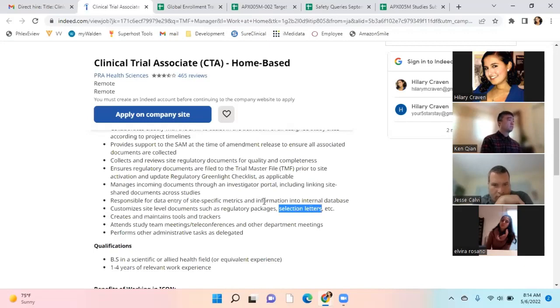So basically that's part of what a CTA's role is, to help organize enrollment trackers, maintain tools and trackers. And part of it is collecting data from the site, right? So what I did in that case is I just got all these emails back, and I created a big Excel where I said, okay, this PI thinks he can do this much. And then we look at what's our total, right? Because you're trying to enroll a certain amount of patients. So let's say you have 160,